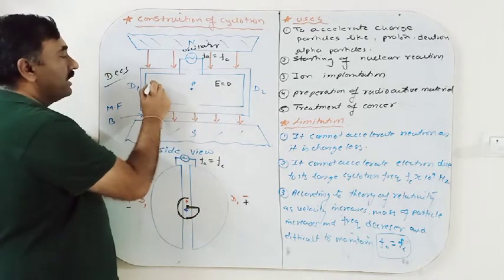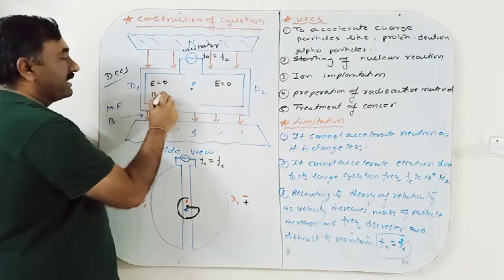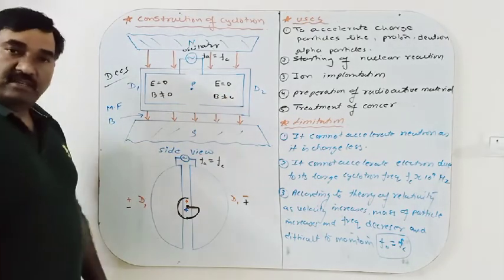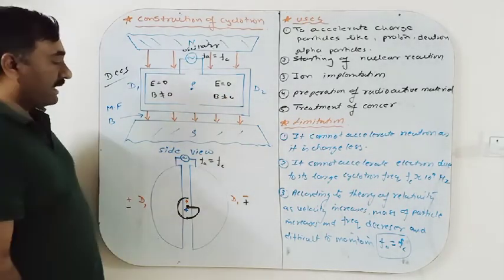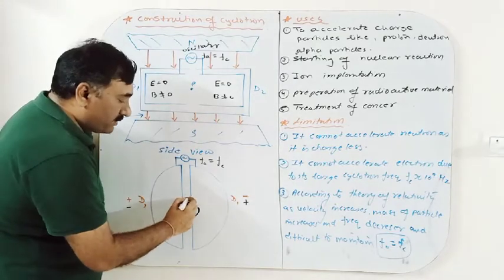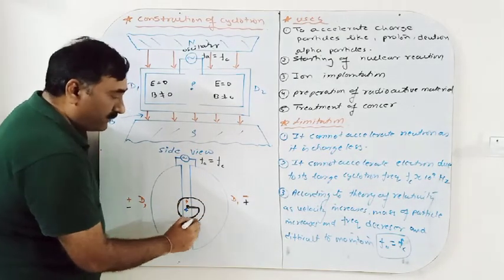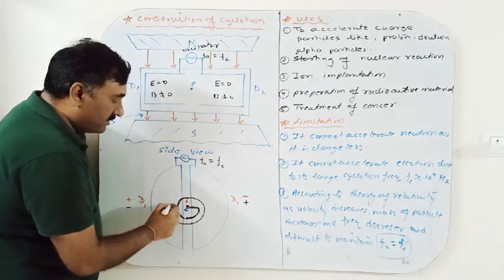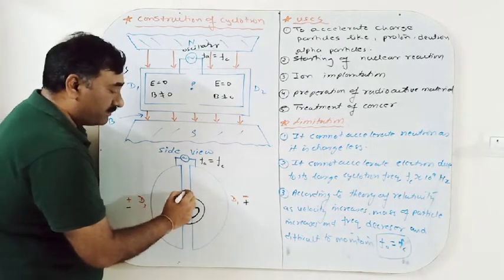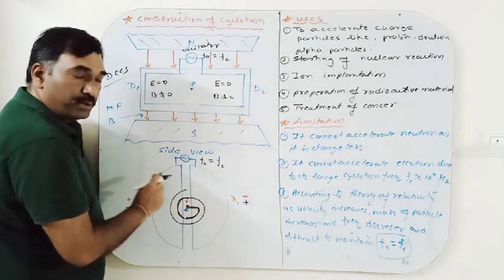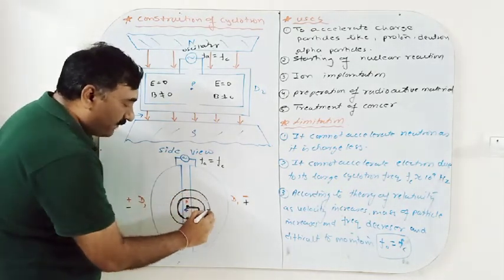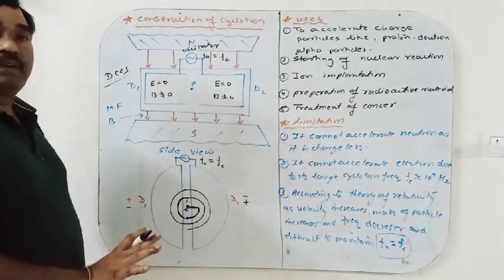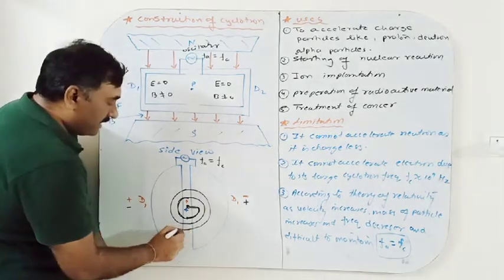D1 and D2. Again the electric field is 0 inside, but the magnetic field is not 0, and the main function of the magnetic field is to change the direction. Okay, and the electric field is providing energy. By repeating this process, at every half rotation the polarity of D1 and D2 changes, and this charged particle performs half of a rotation when it is passing from one D to another D. In this manner, at every half rotation its radius increases. Because the frequency is independent of radius, its radius keeps on increasing.